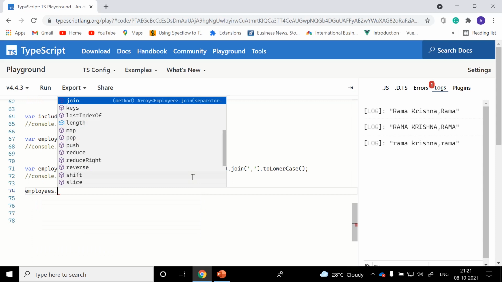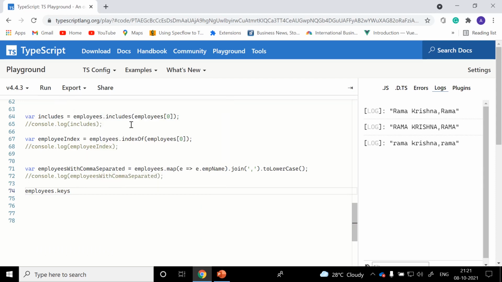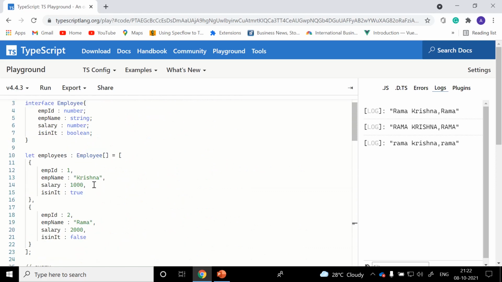Employees dot, we are done with join and keys. As we know, keys is going to return all the keys present in these employees. If you run it, it is an iterable iterator of numbers. In this sense, it's going to return all the indexes, all the keys present in this array. Let me just go and return this.